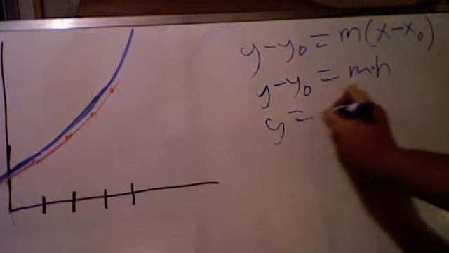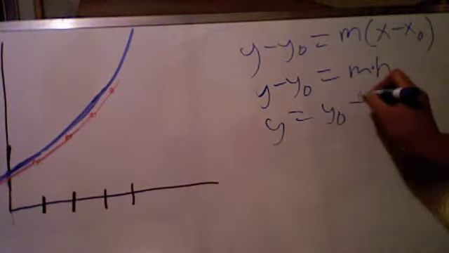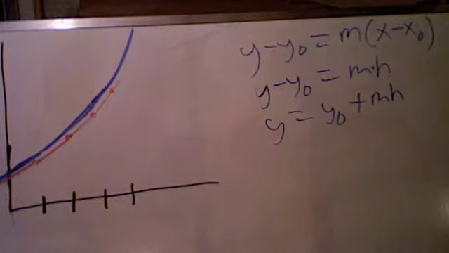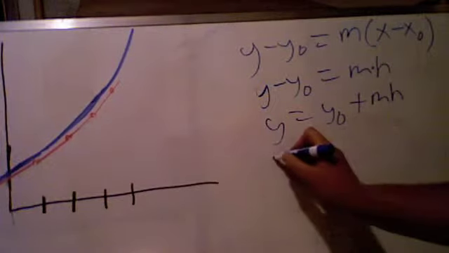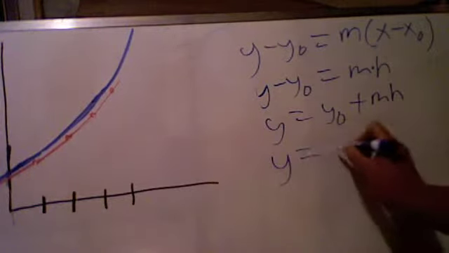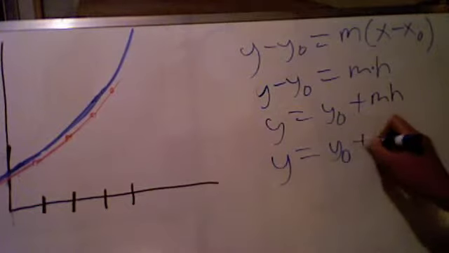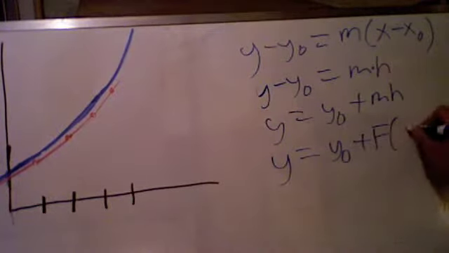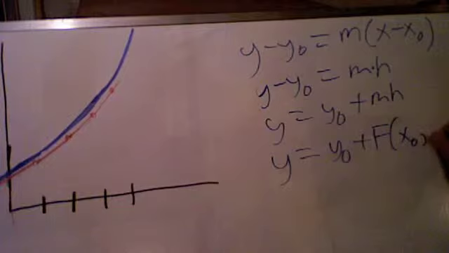So y equals y sub 0 plus mh. m is the slope of the tangent line, and the slope of the tangent line will be the same as the differential equation with those x and y values corresponding to the point. So y equals y sub 0 plus f(x sub 0, y sub 0)